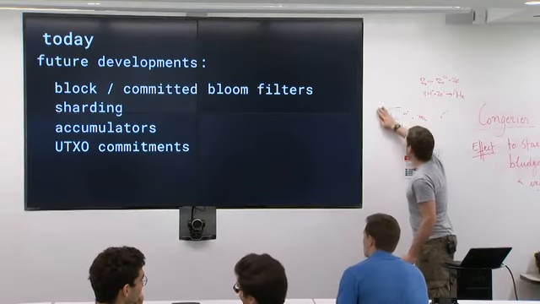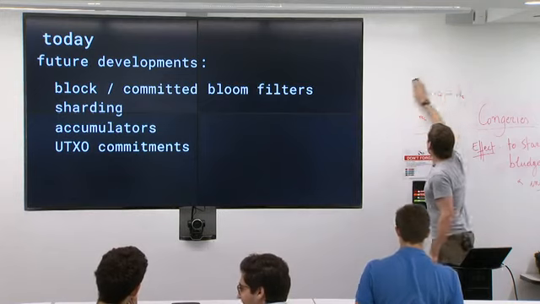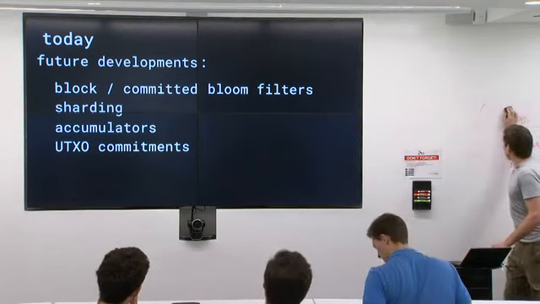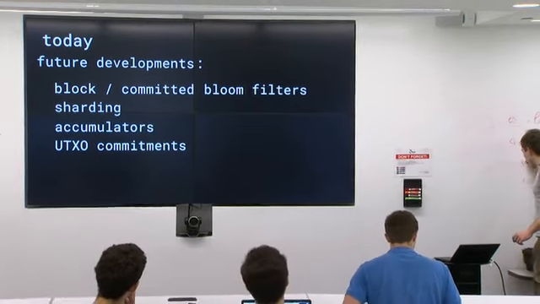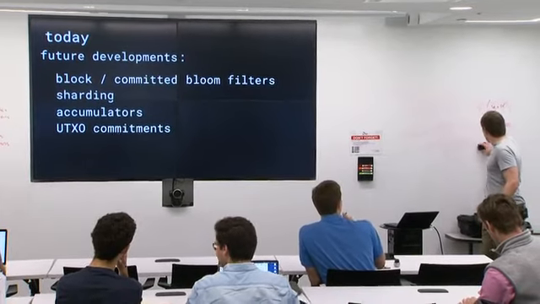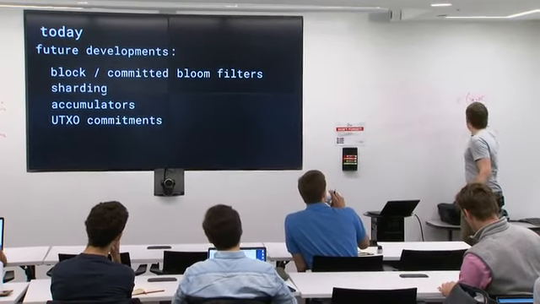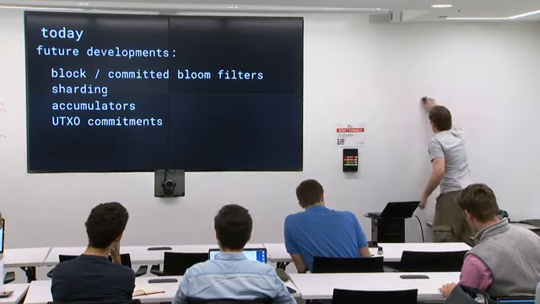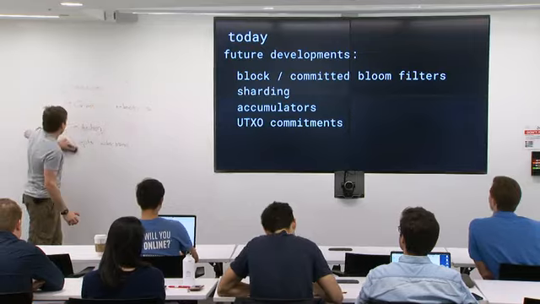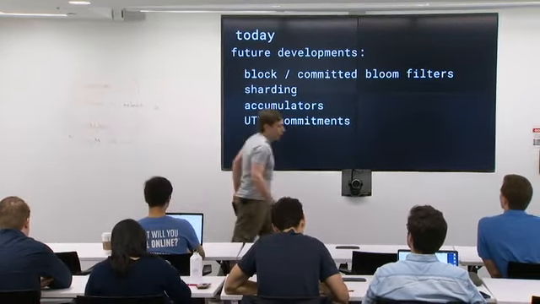So today will be sort of future technologies, future developments that might not be around yet, but are interesting things to look for. And if you're interested in researching these kinds of things, or want to make a MN out of this, or, who knows, a PhD is probably overkill for a lot of these things. But if you're interested in this kind of research, here's some things we'll talk about today: block filters or committed Bloom filters, sharding, accumulators, and UTXO commitments. Okay, so first one I'll talk about is